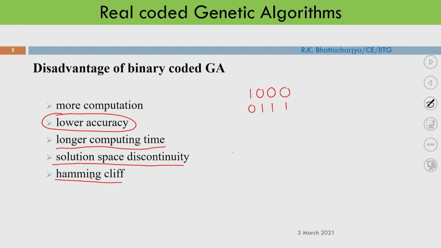Now, the decoded values of these two strings are 8 and 7. If I calculate the difference between these two strings, that means the distance between these two solutions, the first solution is 1 0 0 0 and the second solution is 0 1 1 1, with decoded values 8 and 7. So the distance, or the difference between these two solutions, is 1. Now, if I calculate the Hamming distance,